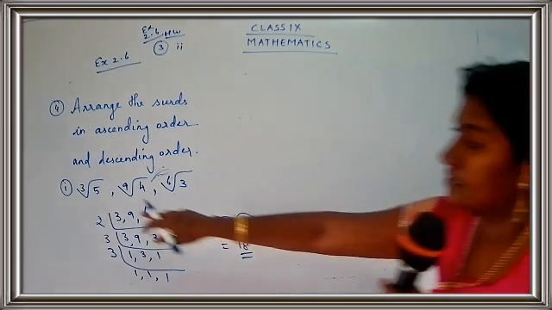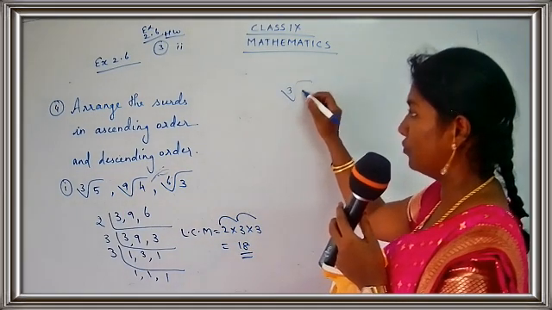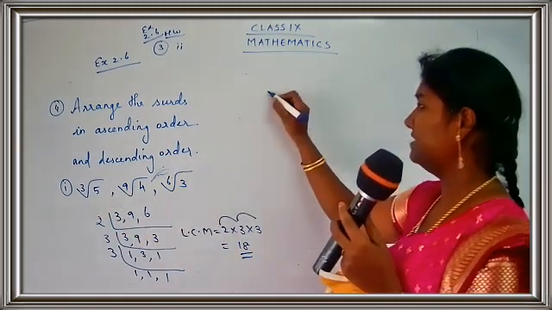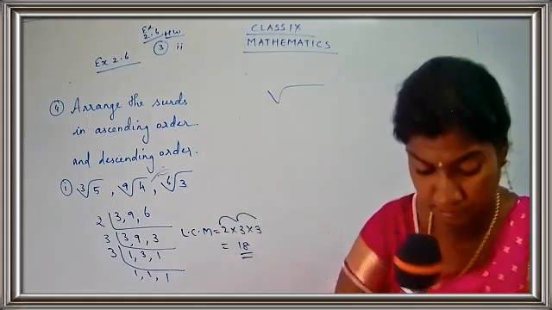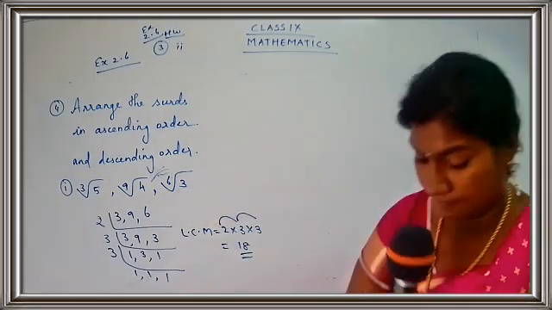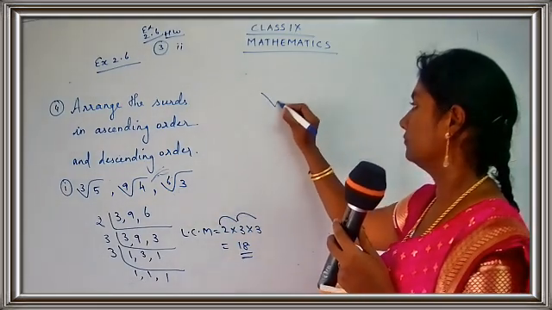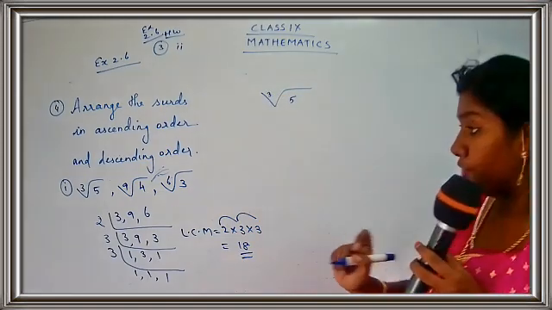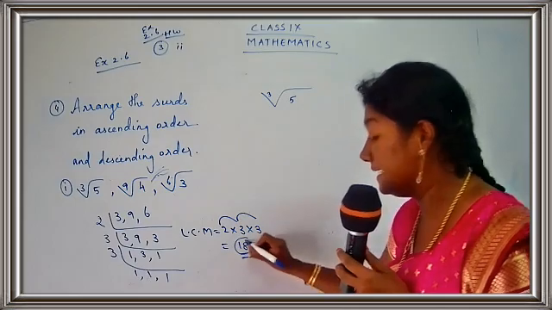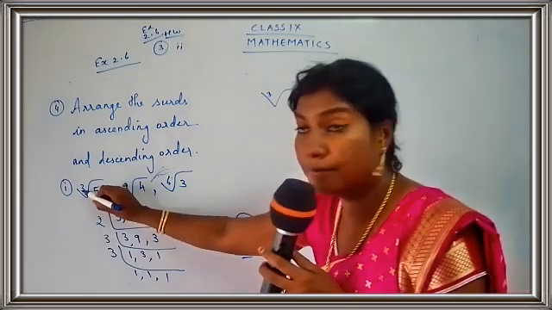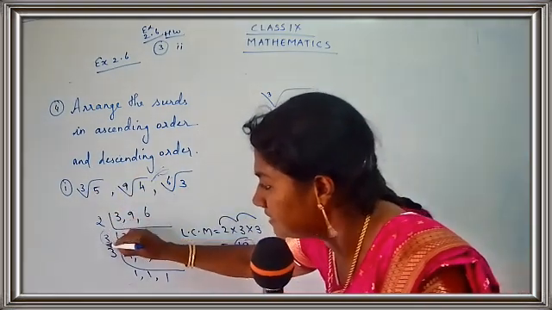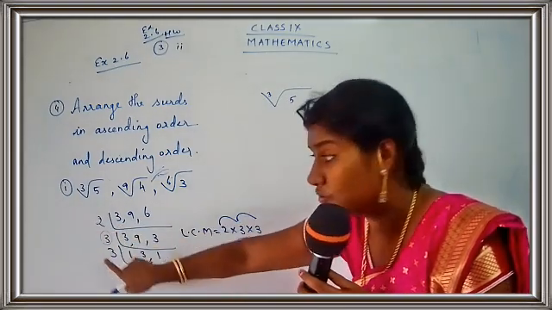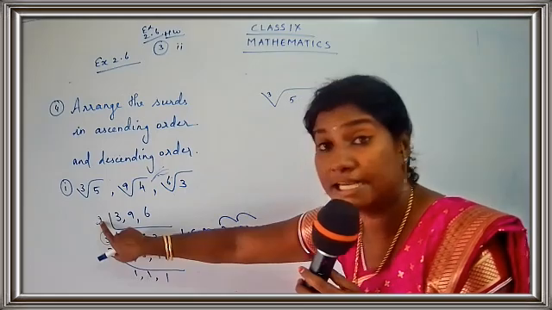Let's take the first surd. This is cube root of 5. How to read this, children? Cube root of 5. Now, I'll just write it a little bigger. So 3 and here it's 5. Okay, children. Now what I'm going to do is, I just want the index as 18. So what is the number here? It's 3. So just circle this 3. So what is left here? 3 into 2. That is 6.